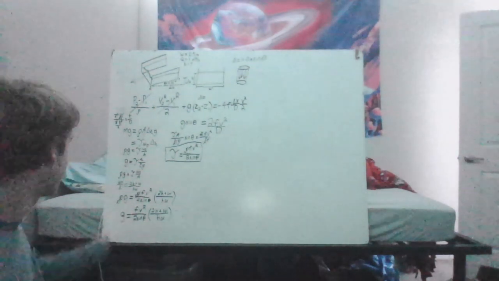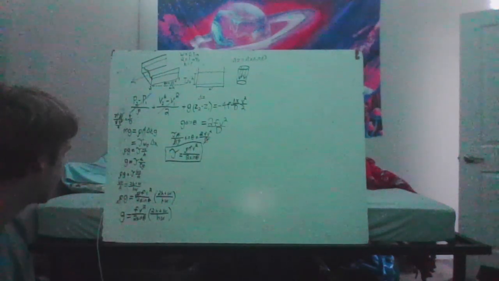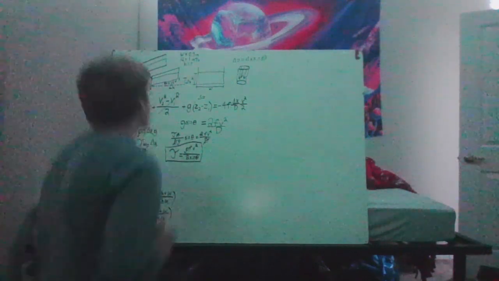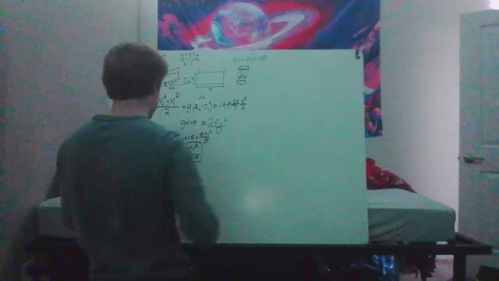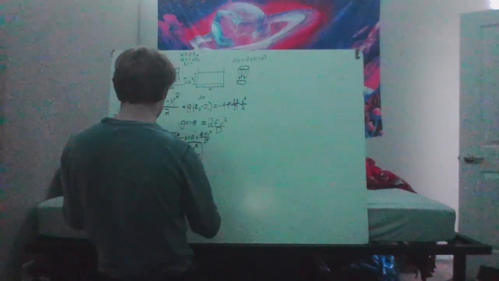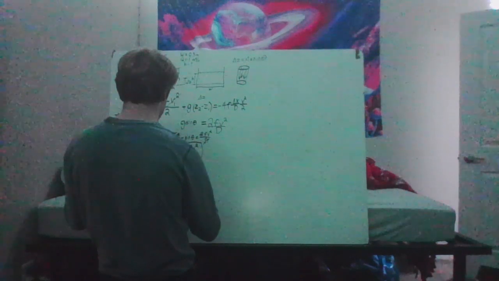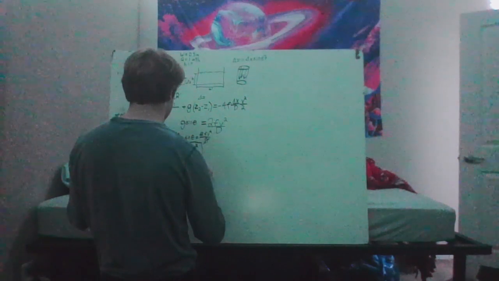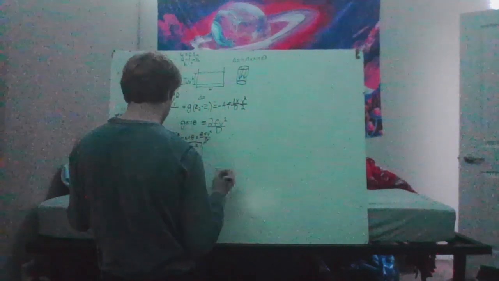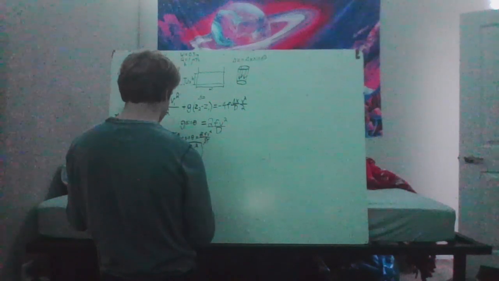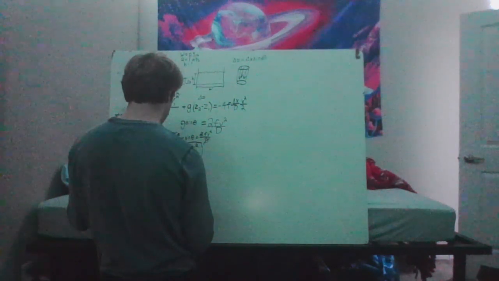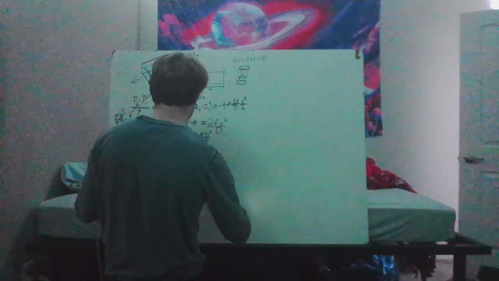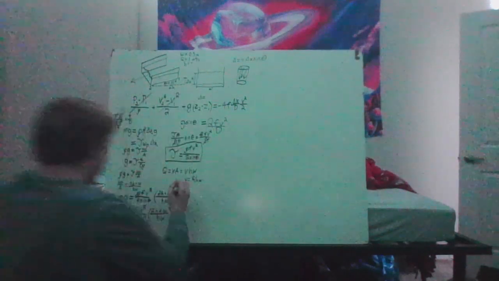So as you can see here, I have erased the box around this. This actually isn't the equation that we're going to be using the root solver on yet. I did forget one more thing. We do know this volumetric flow rate, Q, and we know that Q is equal to the velocity times the area, or in this case, we can say velocity times hw. So if we divide the hw over, we can say that v is equal to q over hw. And now we can plug that in here,